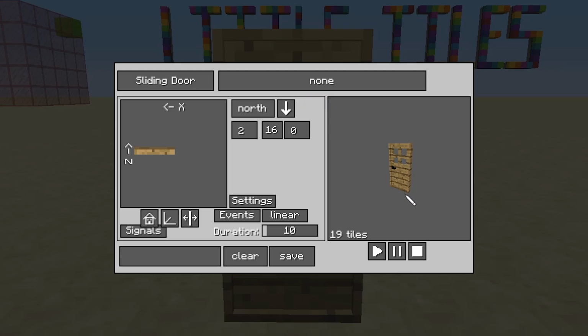And if we change that to the north, the door will now move towards the north, and as you can see we can do that for each direction we want to go in. For this example, we just want our door to slide open to the side, so select the right direction, and it's pretty simple. We also want our door to only move one block, so right underneath that direction box there's